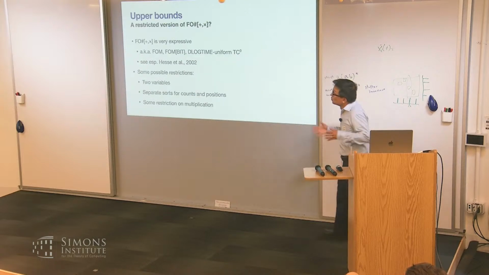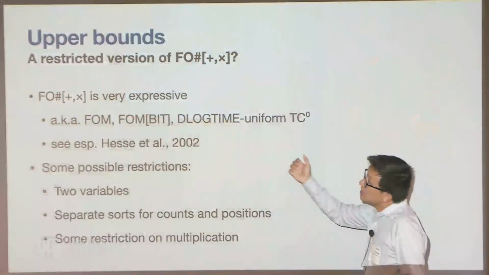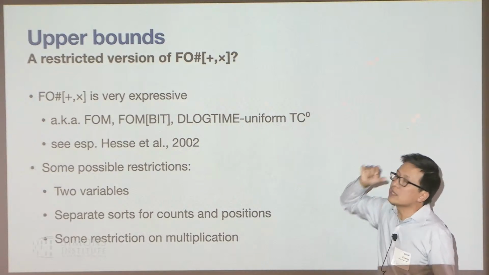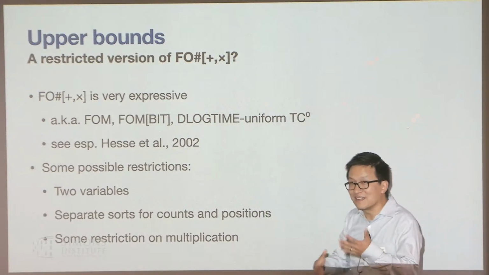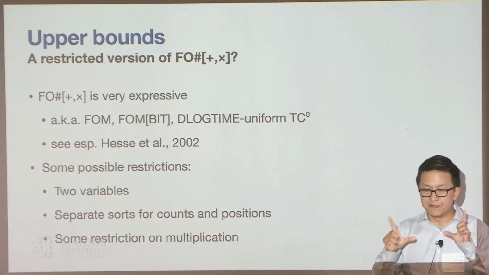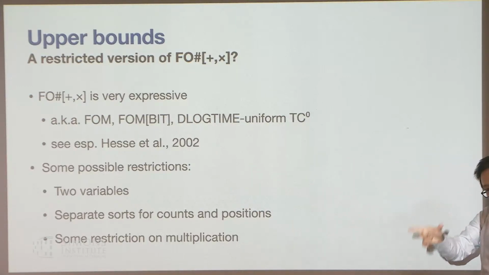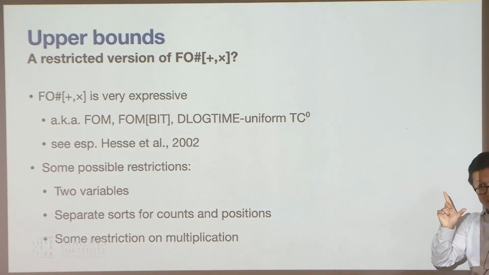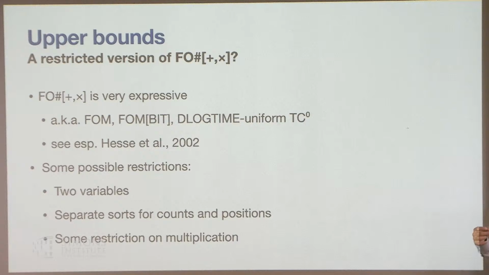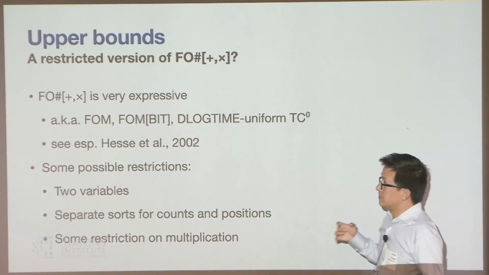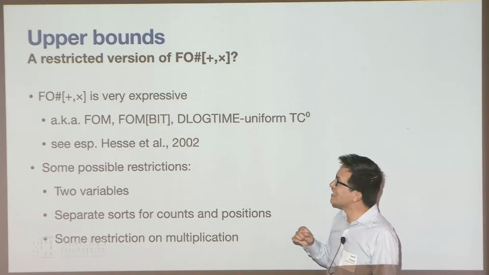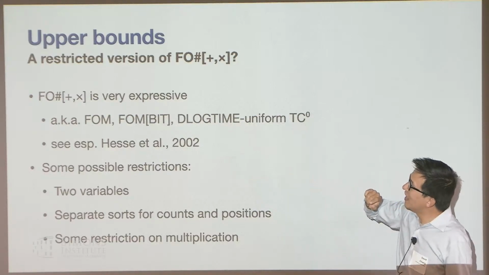Okay, so what are some possible restrictions on this logic? This logic is really expressive. It's quite surprising what it can do. It can't evaluate Boolean formulas, but there are a lot of things that it can do. Most famously, this paper showed that you can divide an n-bit integer by a poly(n)-bit integer, and this lets you do things like computing truncated Taylor series and quite complicated operations that would take you a long time on pencil, but they are doable in TC0.